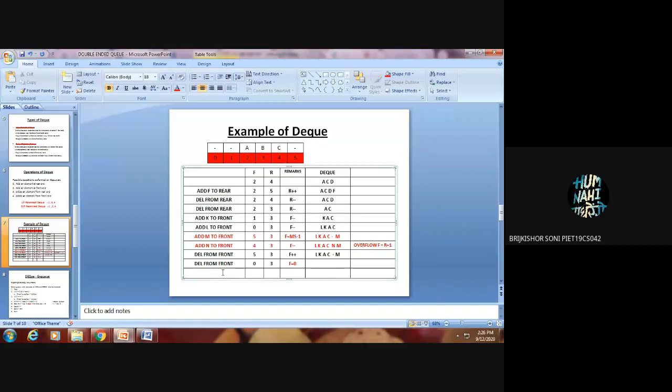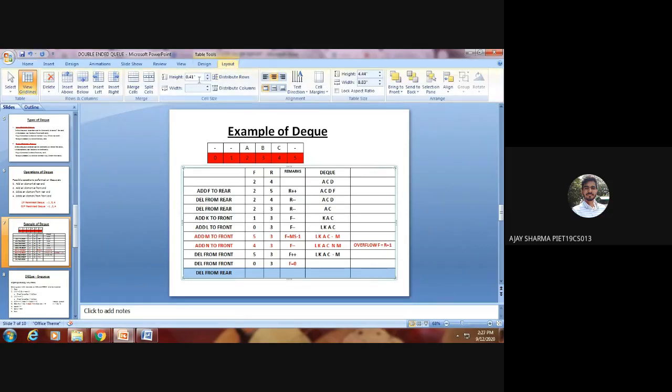Sir, in case of front, we are moving from end to end for inserting or deleting a value. In case of insertion and deletion, we are moving from one end to another end. As we are inserting an element in the initial index from front, or deleting the element from the last index through front, we are moving from one end to another end. Yes, definitely. So this is a kind of circular queue actually.